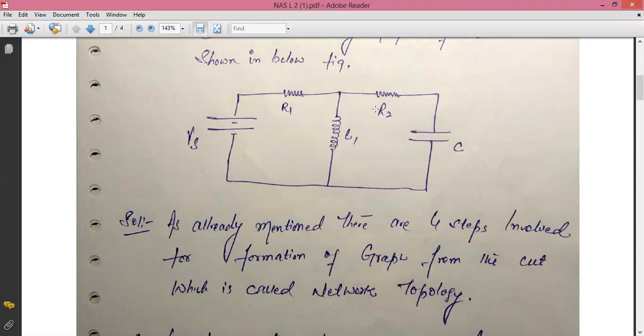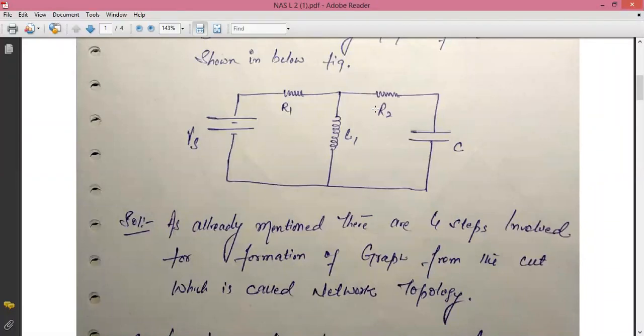That means I had already explained in my previous lecture that every junction is a node, but a node may or may not be a junction. That depends on how many connections, how many dots are available. This is point number one that we have to remember while converting the circuit into the graph. Step number two, every branch is represented by a dark line or a bold line.